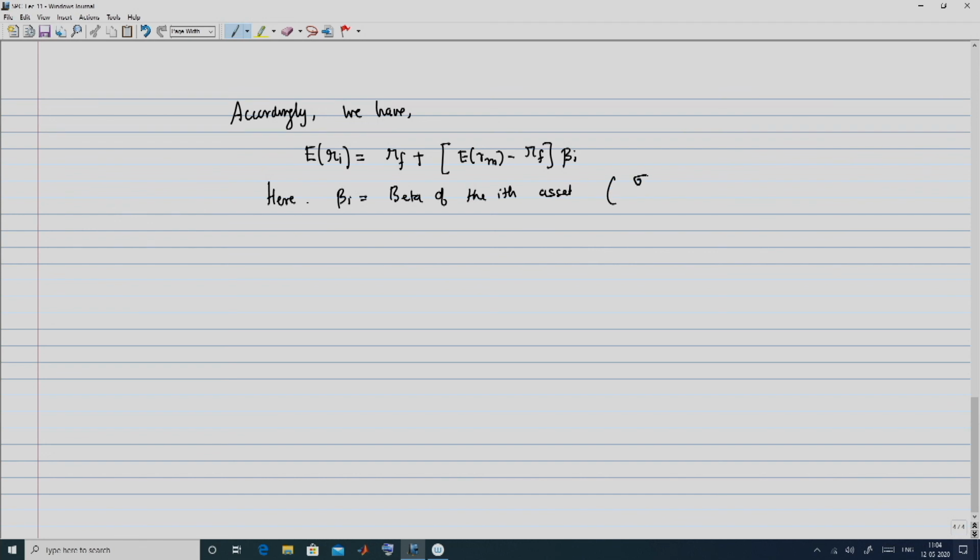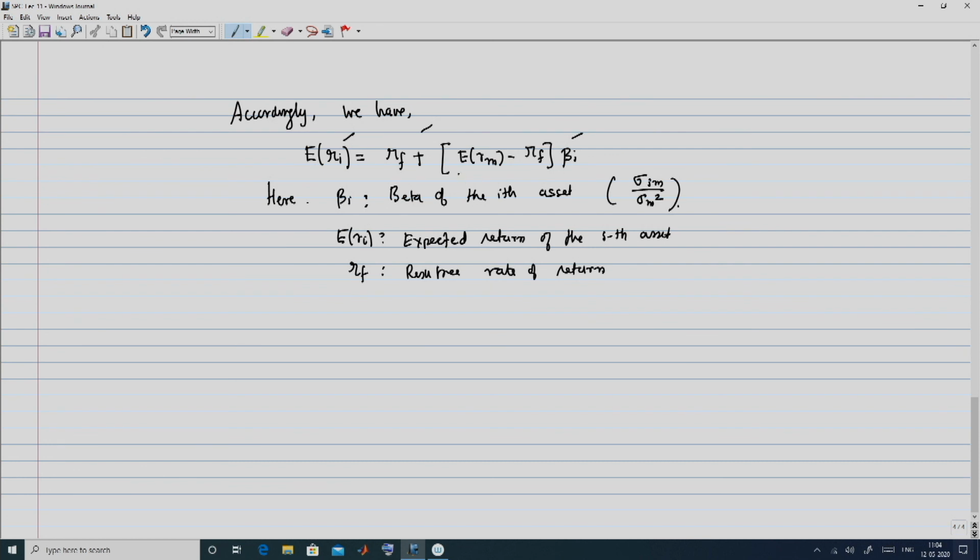This will be given by sigma Im by sigma m square. Next, E of Ri is the expected return of the ith asset. RF, as before, is the risk free rate of return,